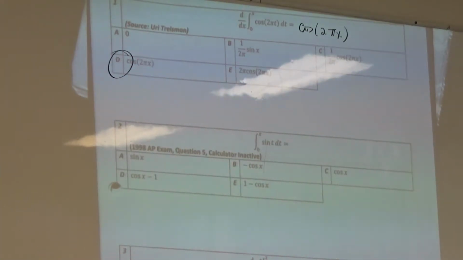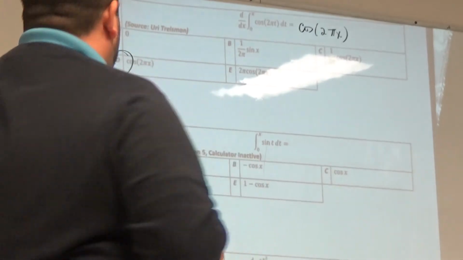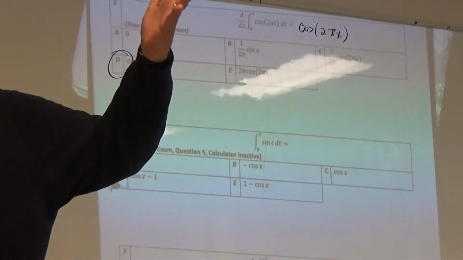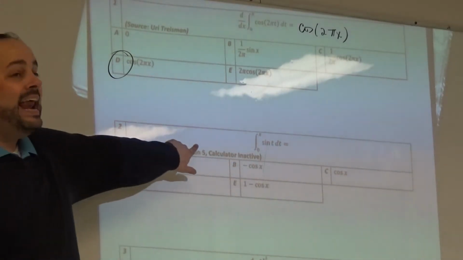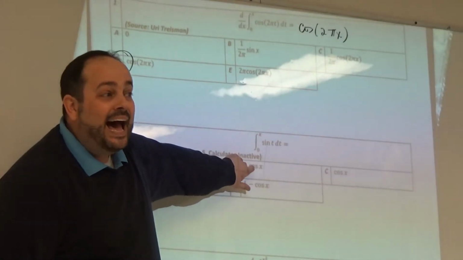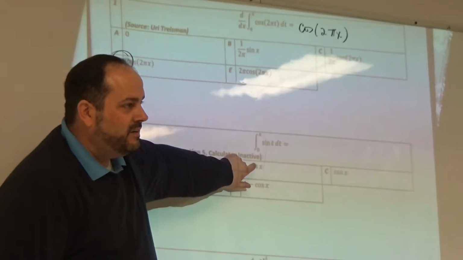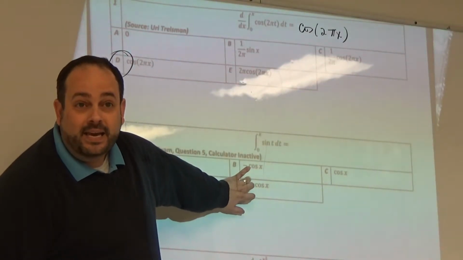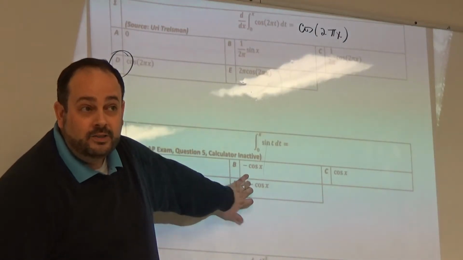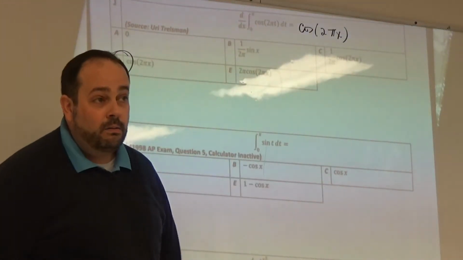Most popular wrong answer, the most popular thing that I saw for part number 2, is A. Jasmine, why is it not A? Because it doesn't even ask for the derivative. Hello? Not asking for the derivative. This is like giving a monkey a power saw, just waving it in the air. So what was it? Negative